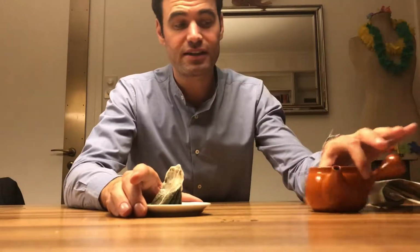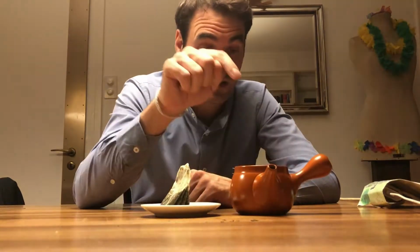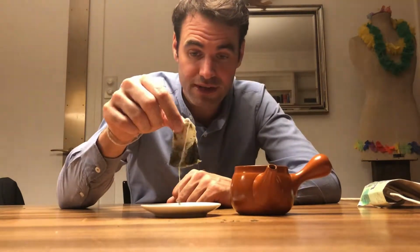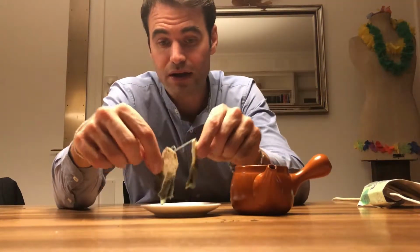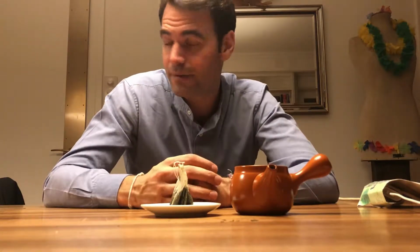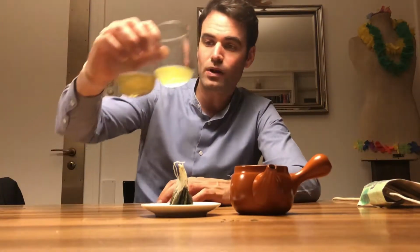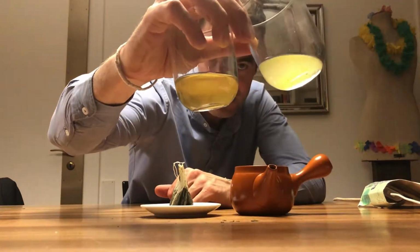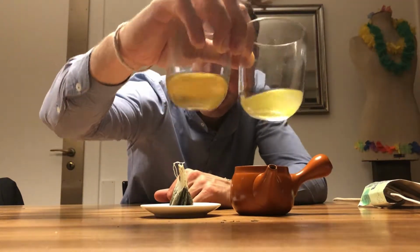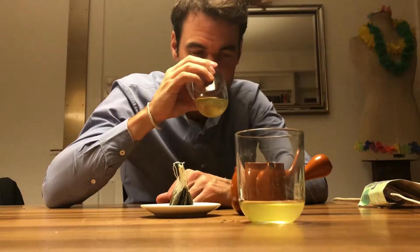And then we actually did a tasting. Normally you use 4 grams of tea for this tea, and here you have 1 tea bag which you use for 1 cup. But as we wanted to compare the exact same amount of tea from the organic tea and the tea bag tea, we did it in a steeping. And what you can already see here, you have the Sencha on this side, and here you have the tea bag tea. And when we taste this,